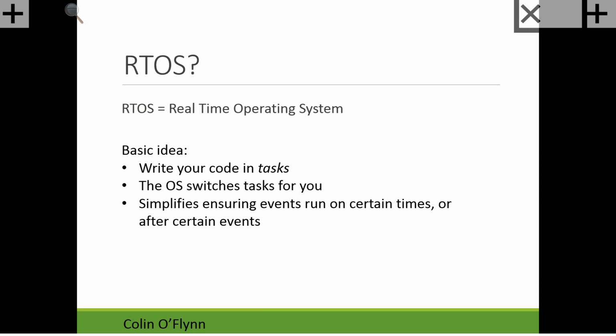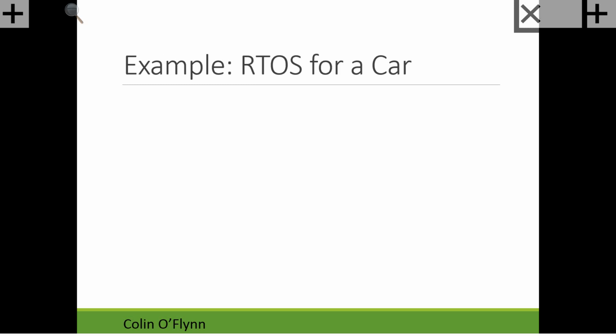And the real-time aspect of it is different from an operating system like Windows or whatever. The real-time aspect of it means that we can guarantee a task gets run every so often. So we can say this task has to get run every 100 milliseconds. And why you want that is, for example, if you had a car, you might have one task that does